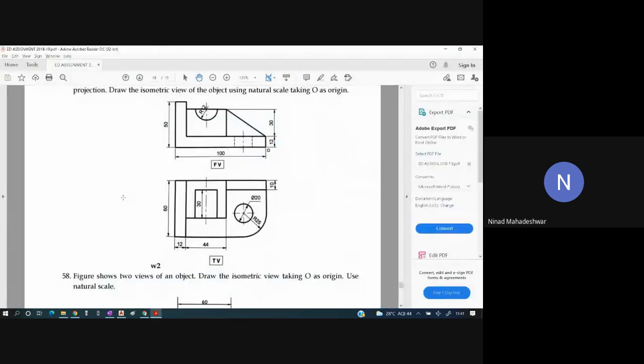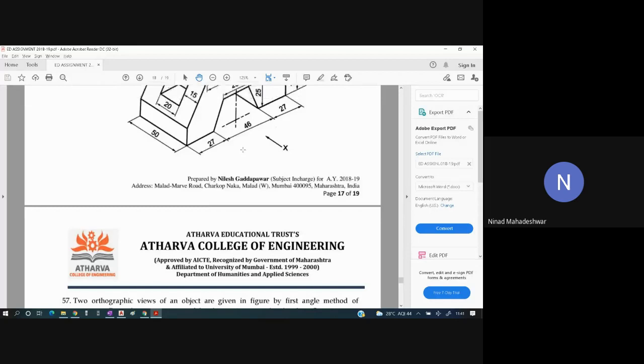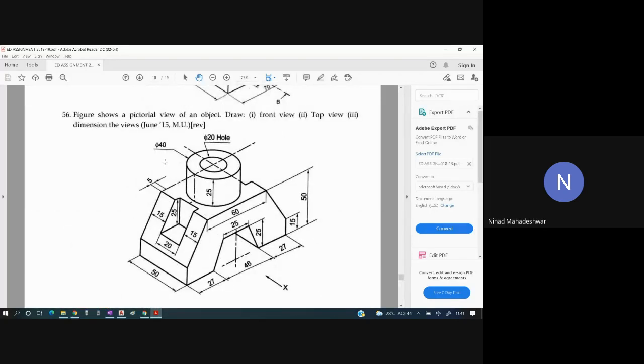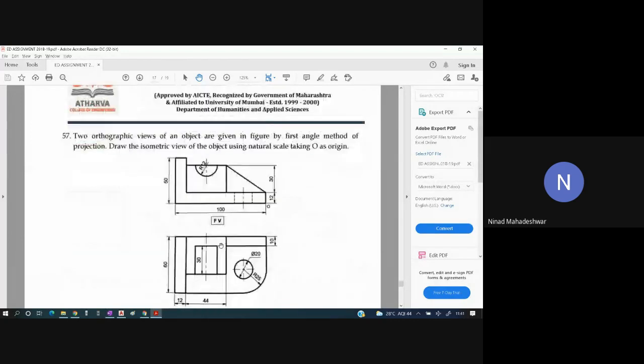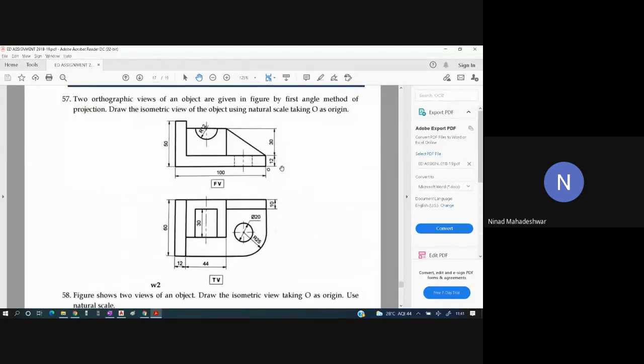This is the 2D view which is given to you, and with the help of this you have to draw a 3D view. In the 3D view, this line is going inside, and similarly this line is also going inside, but are we showing those lines? No. That is the only reason we are not going to do it over here also.